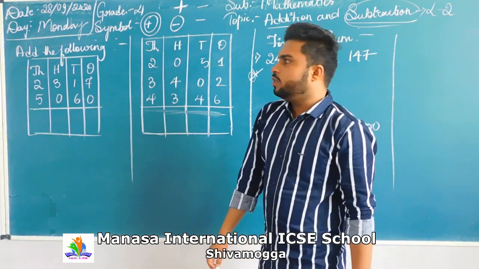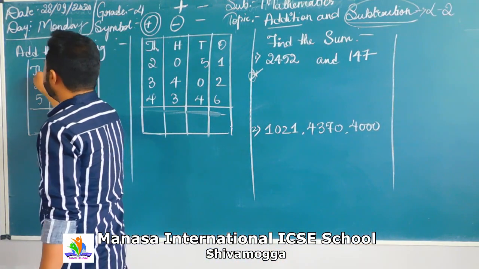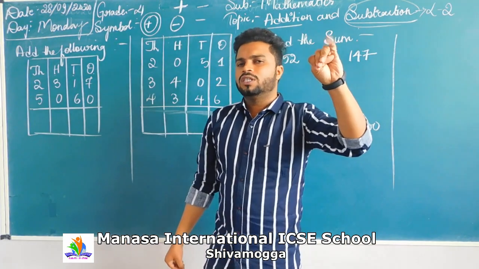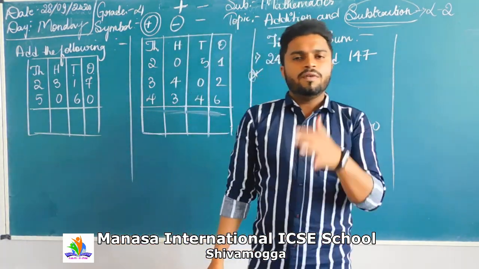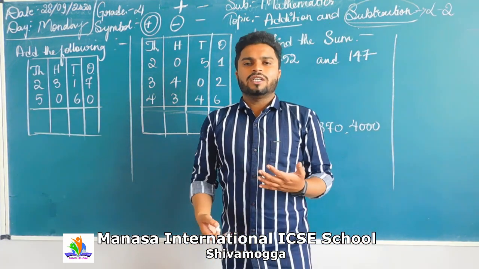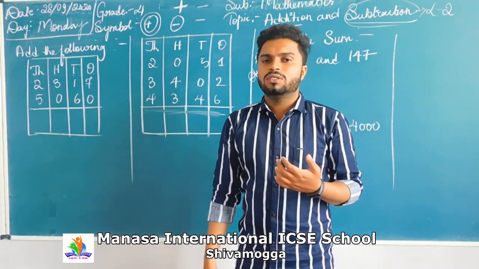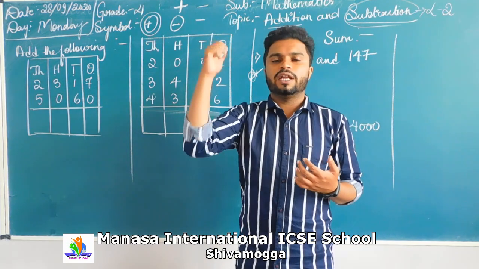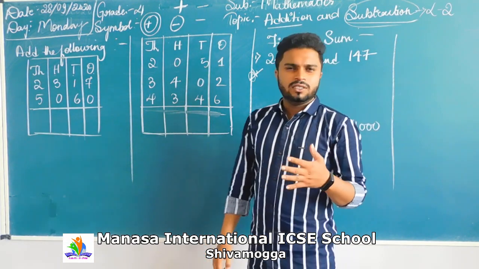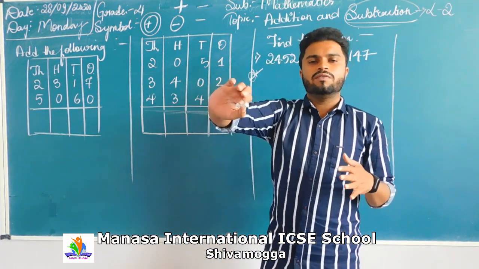Now, please look at the board, the first heading. I have given you the form of ones, tens, hundred, thousand. It is in the form of place values, right? Like ones, tens, hundred, thousand, 10,000, like that. Before that, I want to tell you, while doing addition or subtraction, you are going to start from the right hand side. Where are you going to start? You are going to start from the right hand side. If you do it from the left hand side, you will get confused. So please be perfect that you are going to start from your right hand side.